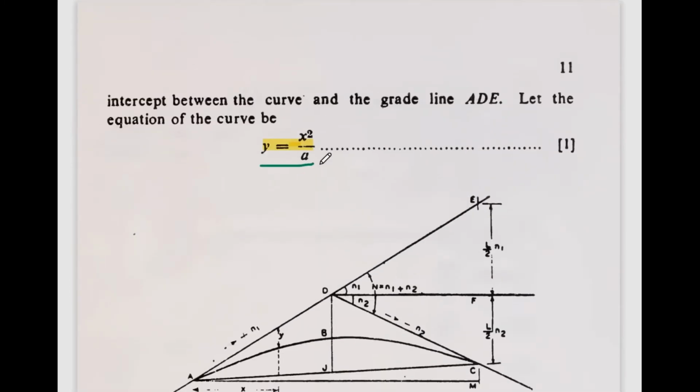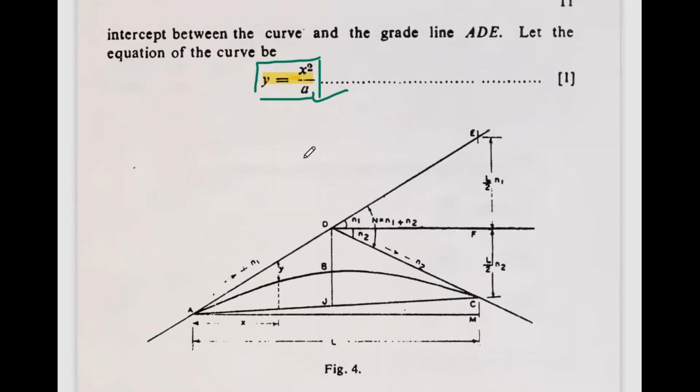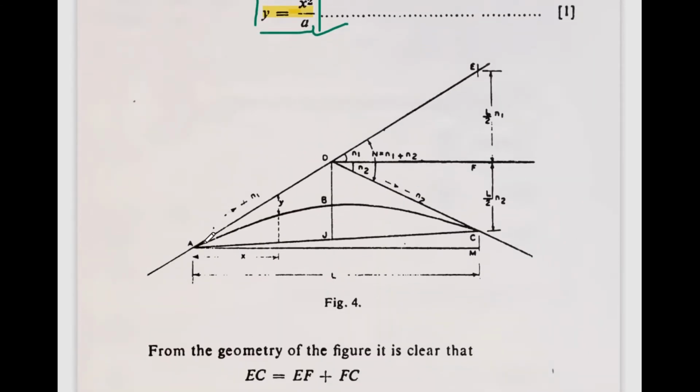Equation 1 talks about the general equation of a parabola, where a is a constant. Next, in this figure you can see the summit curve, this is n1 and this is n2, and this whole thing is n. This was already discussed in the previous video. If you have missed it, please have a look at that video before watching this one, so that everything I will be explaining further will be very clear to you and you can understand each and everything in this calculative part.